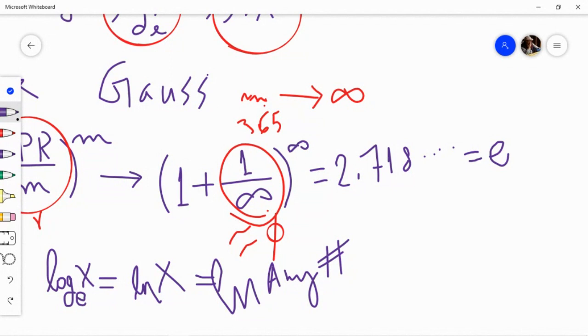So nothing can use 1 as the base, but if it is slightly greater than 1, it can be the base